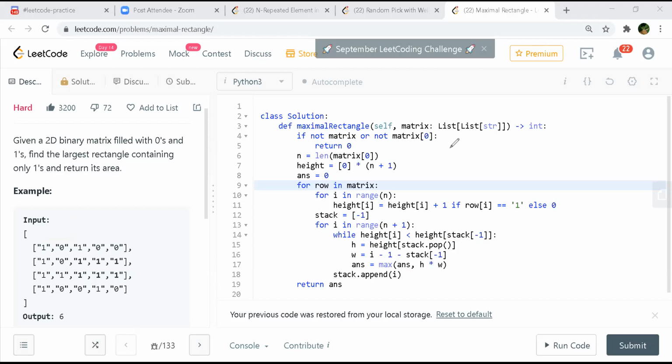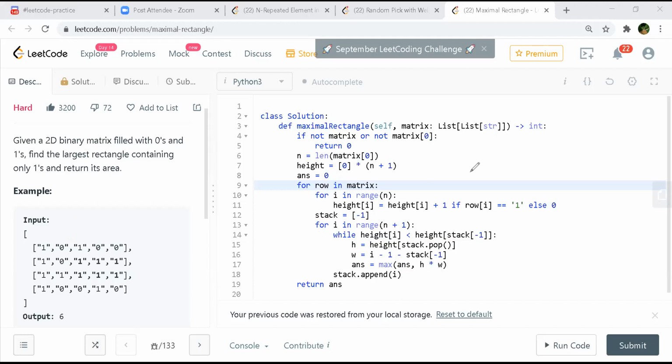But initially, when you push a -1 on line number 12 in the stack, then you come to your while loop. So when you are saying stack -1, in that case it is the top of the stack, right? Yes, that is the top of the stack. So if it gives a -1 to the height array, which will be the index in the height array, which is a negative number, will that not be out of bounds there?